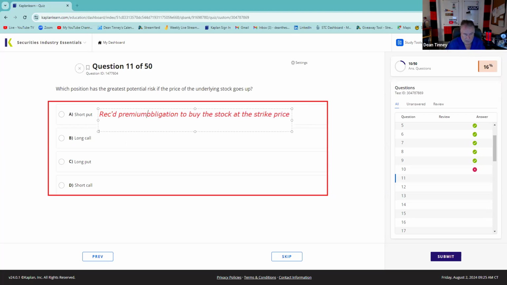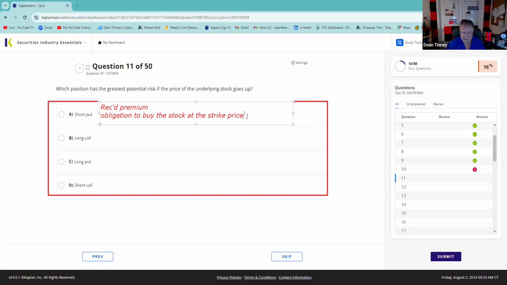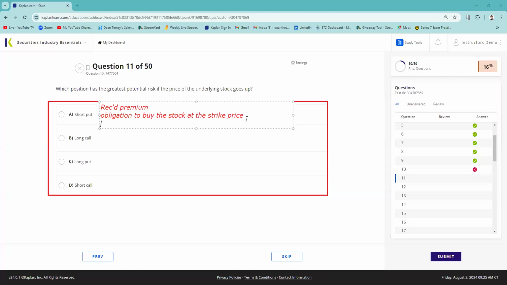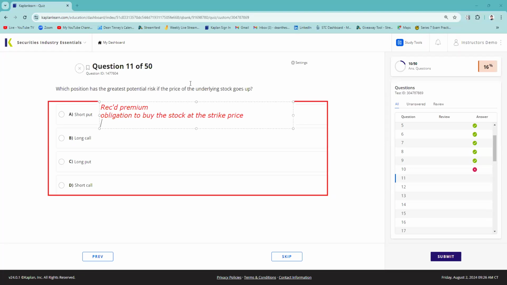I joke, I am short a tutoring session. I did an opening sale of this tutoring session. So when mom's friend said, hey, Dean, can you give us a ride? I said, well, after I fulfill my obligation to deliver the tutoring session, right? If I didn't want to be obliged, I shouldn't have done that, right?